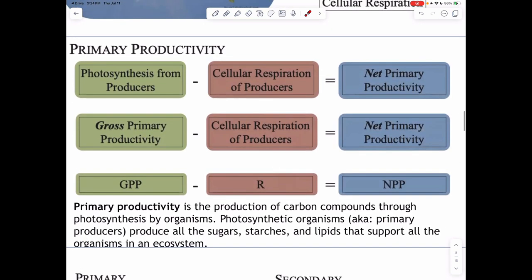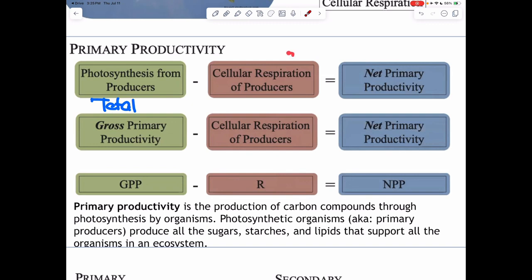All right, so let's talk about primary productivity and how we come up with this measurement. As I mentioned before, primary productivity is a measurement. We're going to start with what we call the gross primary productivity. I'm going to call this the total. This is the total energy that plants bring in from the sun. How much glucose can they store? All of this is what we consider our GPP, or our gross primary productivity.